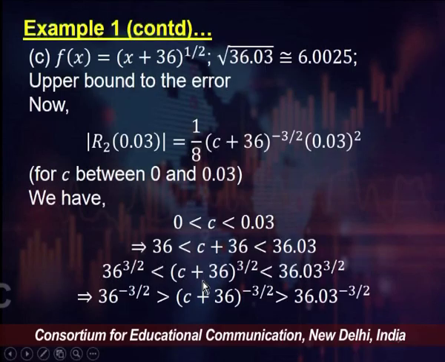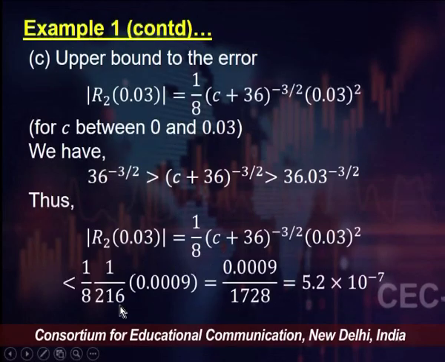And because I want to look at what happens to (c plus 36) to the power minus 3 by 2, I raise all these expressions to the power 3 by 2, which gives me 36 to the power 3 by 2 is less than (c plus 36) to the power 3 by 2 is less than 36.03 to the power 3 by 2. And then, because I want minus 3 by 2 in the exponent, I'll have to reverse the inequality, so that the upper bound to (c plus 36) to the power minus 3 by 2 would be 36 to the power minus 3 by 2,